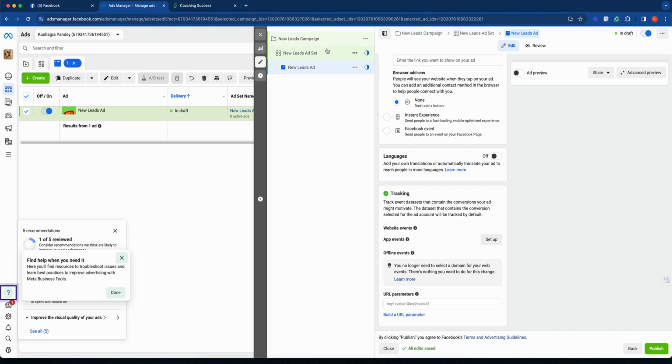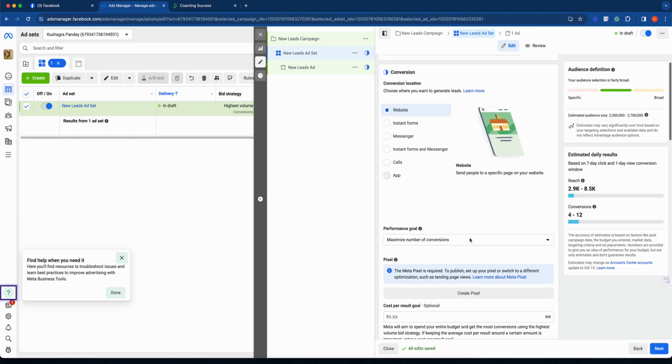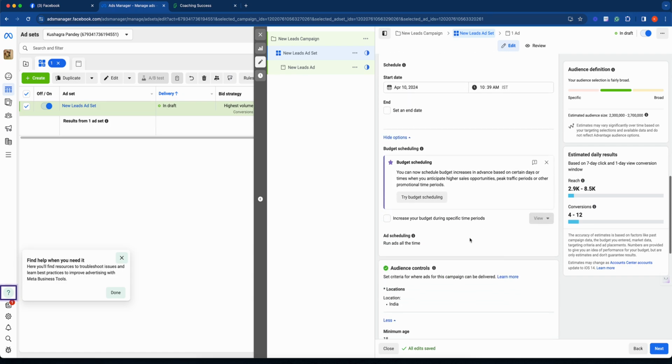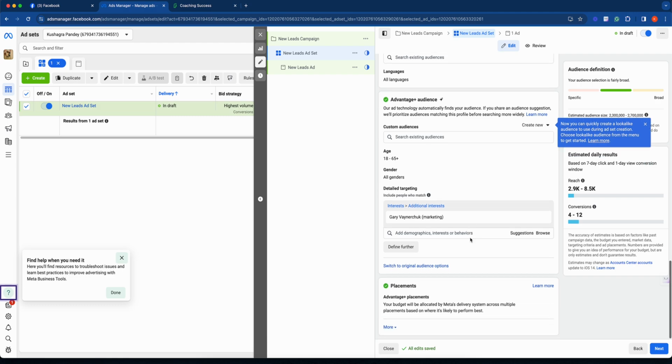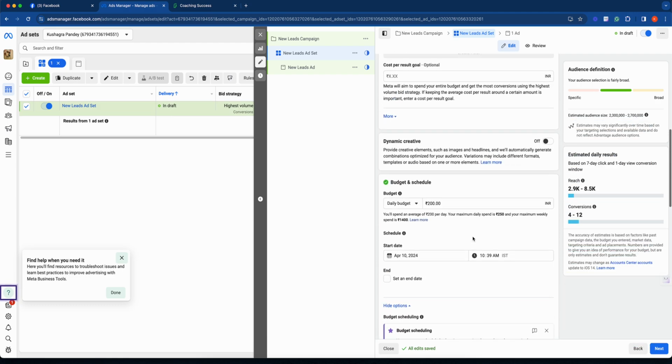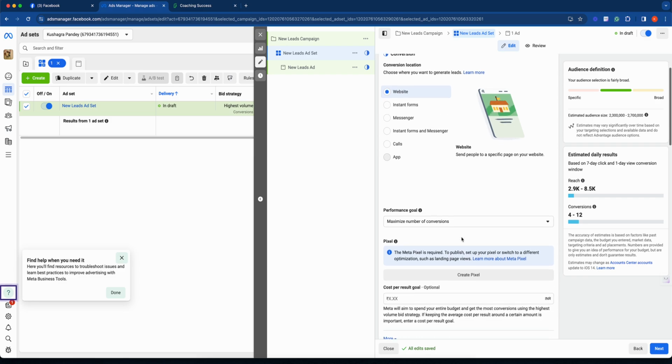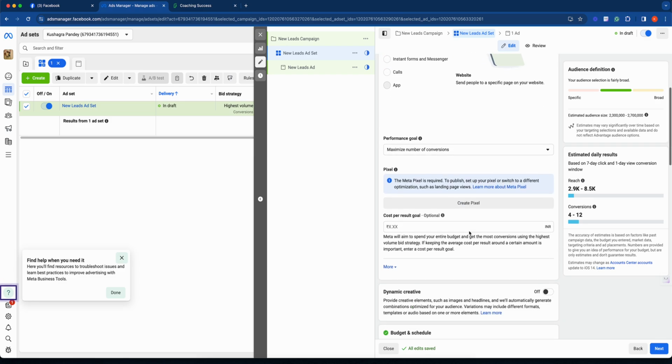Okay. From the budget point of view, it's sorted. But what about the pixel and all? Is a pixel required to publish it, or a landing page view? Yeah, that's what I was wondering. There is no pixel, there is no conversion they have asked for.